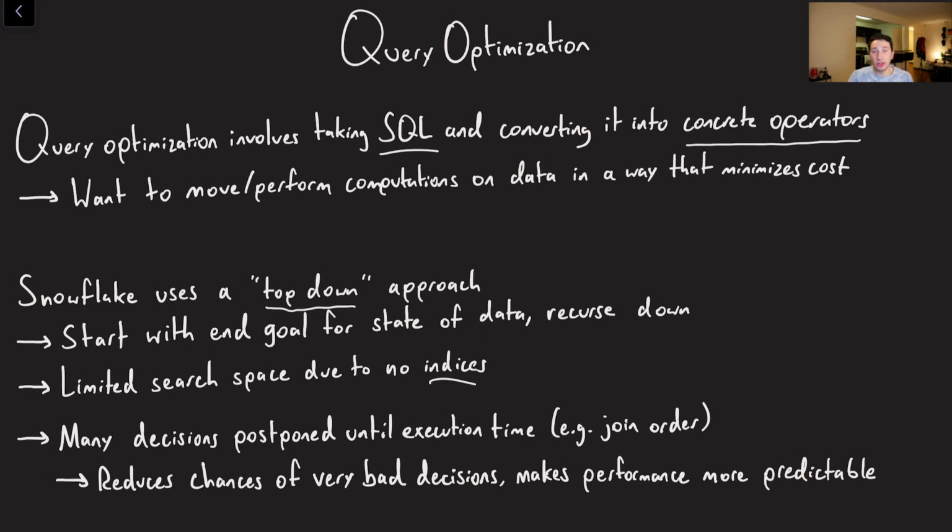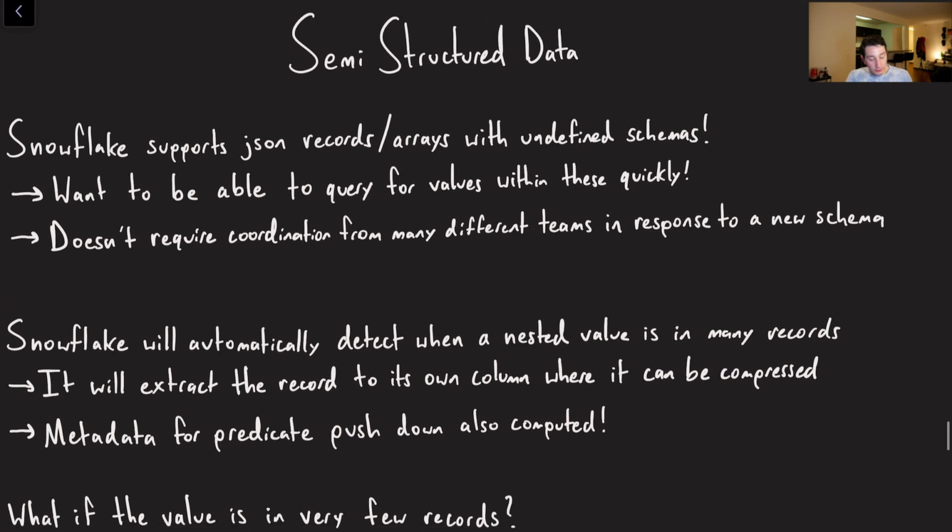Number two is that they postpone many decisions in order to make them a little bit better for execution time. So for example, join order, they'll actually wait until, let's say, they scan both tables to determine join order to see which one is bigger and which one is smaller. Even though this might be a little bit slower than if you just guessed it right from your query optimizer, in practice it makes performance a little bit more predictable because you're always going to be making the right decision. There's never going to be cases where your query optimizer is just completely wrong and then all of a sudden a query takes much longer than it needs to actually run.